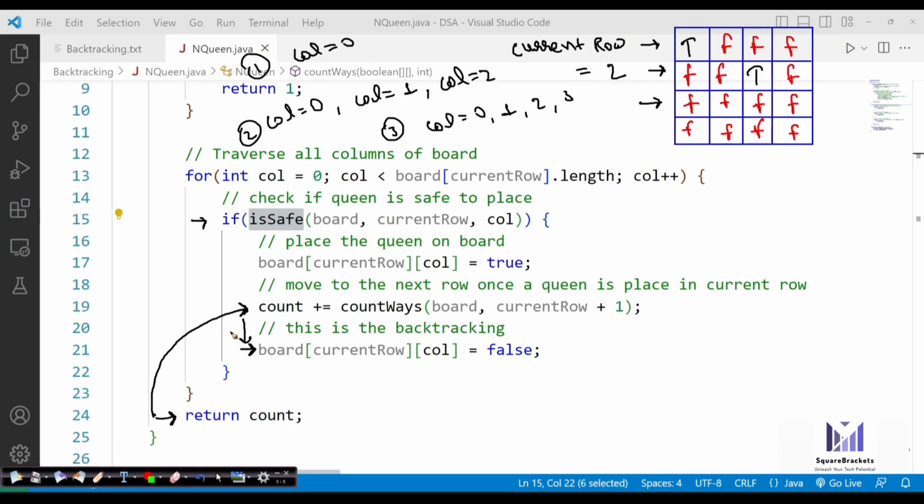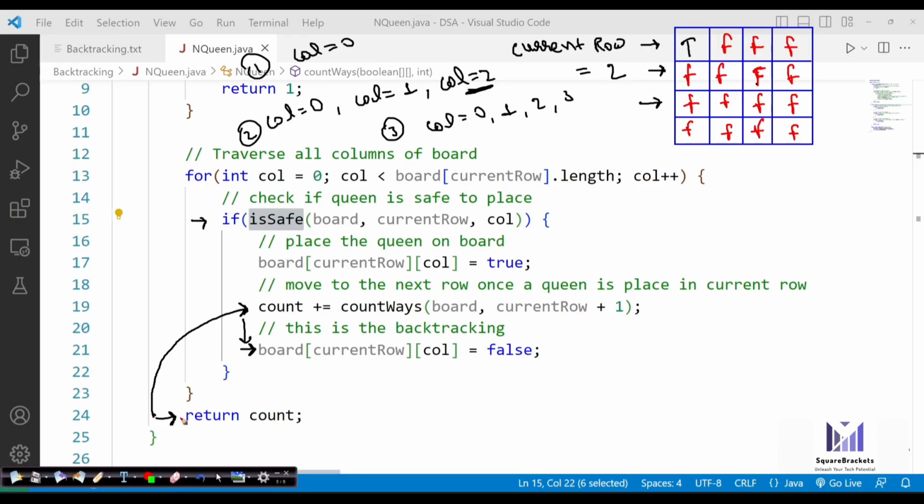Last time, at this point, we called the count ways function. So it will jump directly to this block and make it false. So this is how backtracking will work in this case.